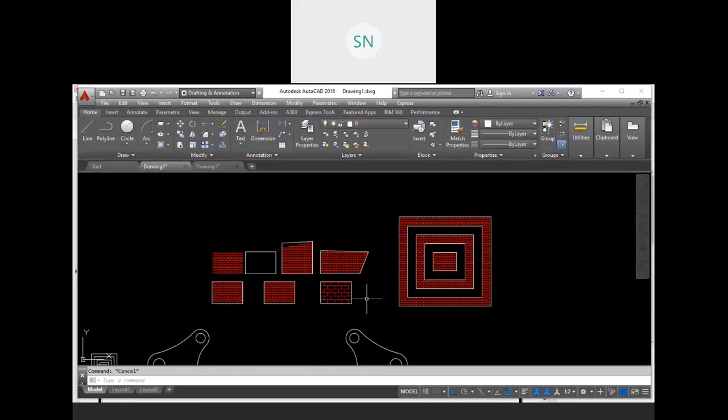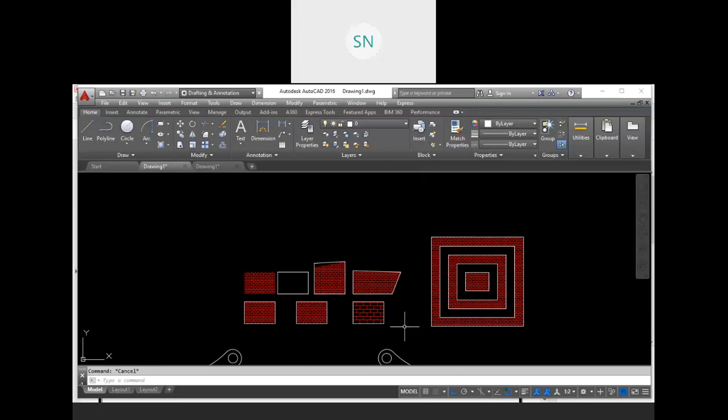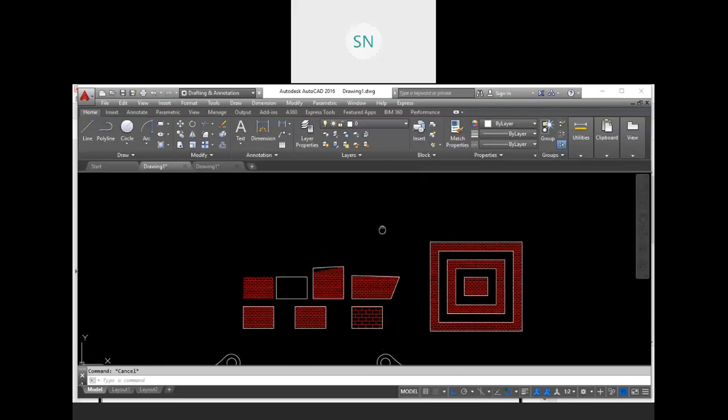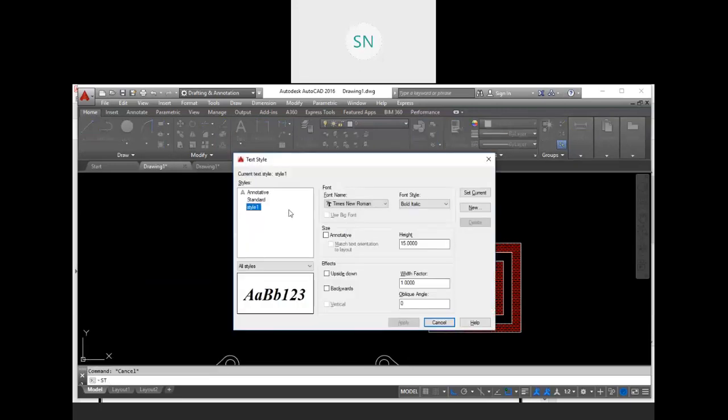So in AutoCAD, now listen to me carefully. In AutoCAD, we have four types of objects which have these annotative facilities. Which are they? I am going to show you. First, we have text. Go to the text style, ST, and here we have the annotative option.